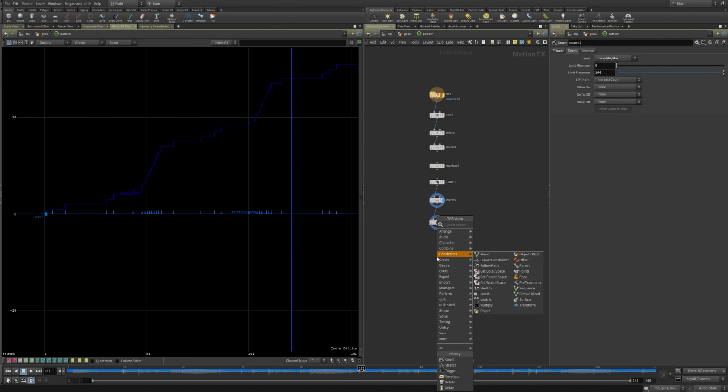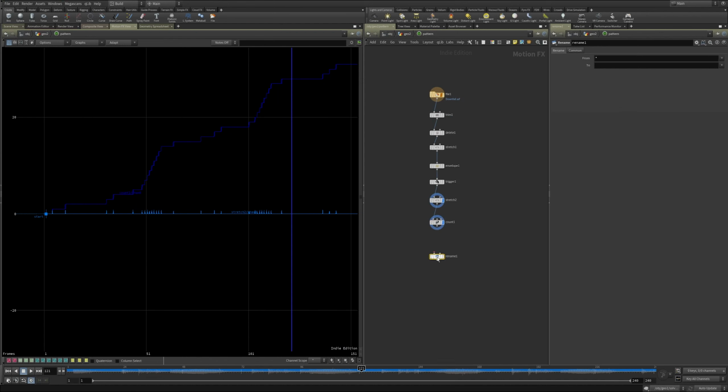So for cleanliness, I'm going to drop down a rename and a null. And what these are going to do is rename my incoming channel from anything. That's what that wildcard is. It says, hey, whatever channel you have coming in, rename this to, I'm going to call it step. And if you have multiple channels, this wildcard will screw you over. So if you have multiple channels, be explicit about which channel you want to rename. If you only have one, the wildcard is perfect. And then I'm just going to rename this out.